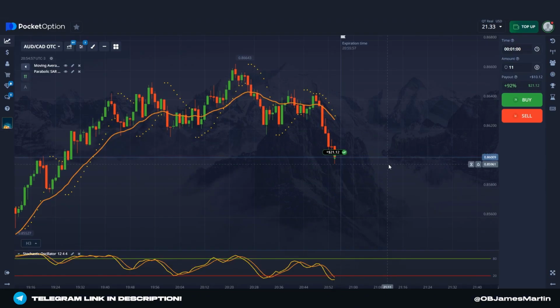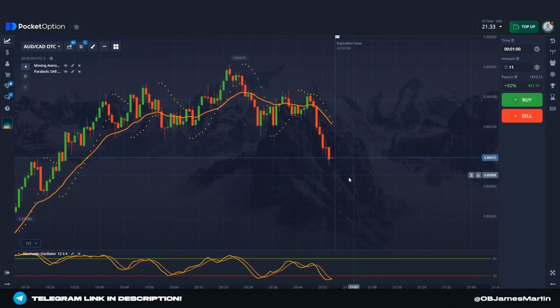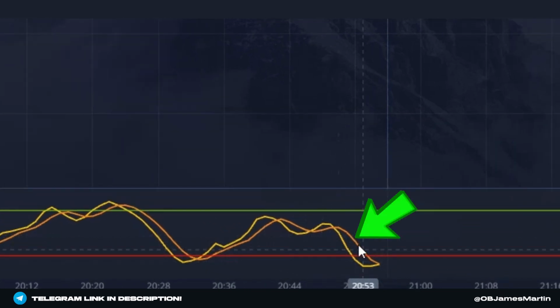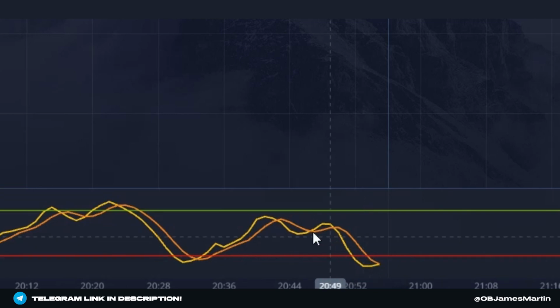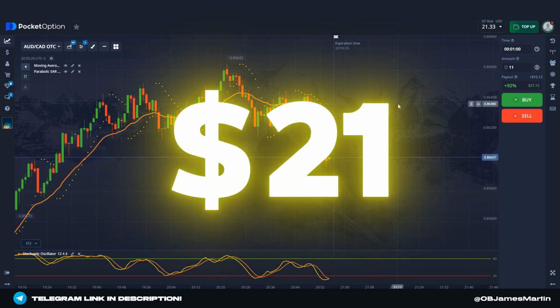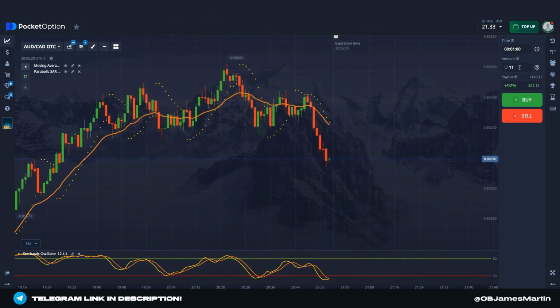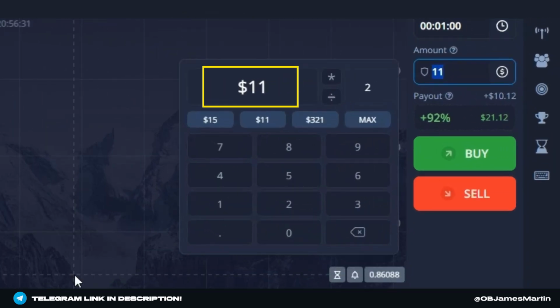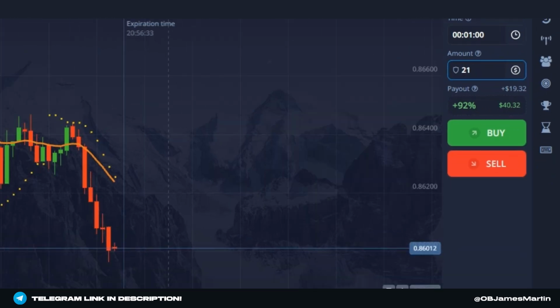Right? And now I see the last 3 candles below the moving average, as I said. And on the stochastic, this line is moving in the red zone from below, from the green candle to the red candle. It's a very good signal for me, suggesting that the past factors are confirming and we have a really good chance of the price lowering. It's very fast trading, the time is running out. And now my balance is $21. Okay, and let's use this for the next one. All right, let's do this together and move on.